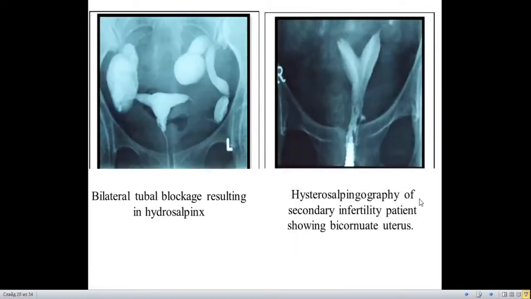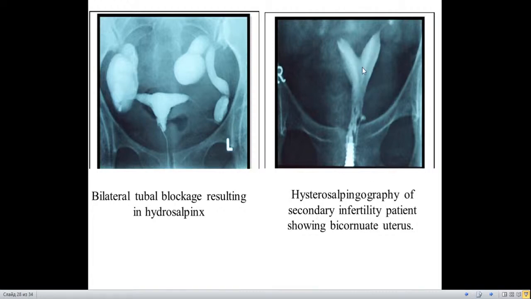But here on these pictures you can see pathology. For example, here bilateral tubal blockage, here blockage of radiopaque substance, and here we can see hydrosalpinx. Hydro means fluid, accumulation of fluid in dilated salpinx. Or here you see a very interesting case,